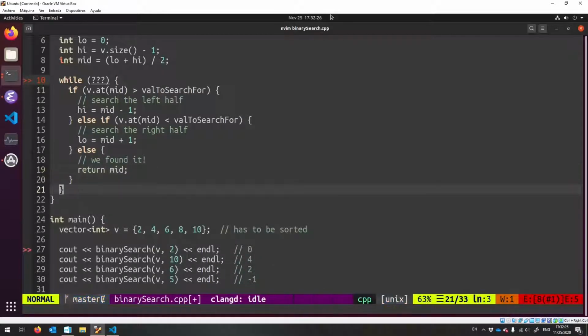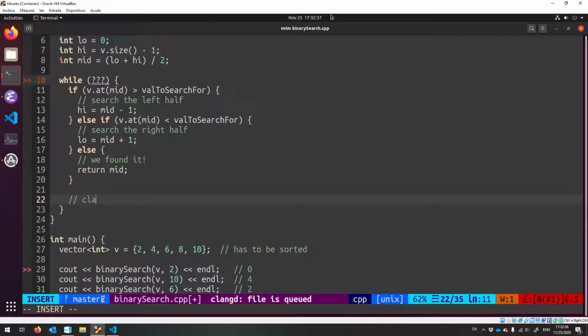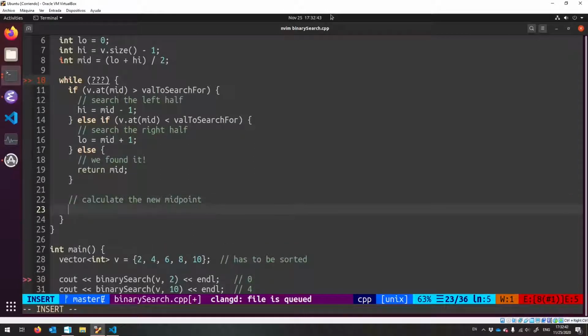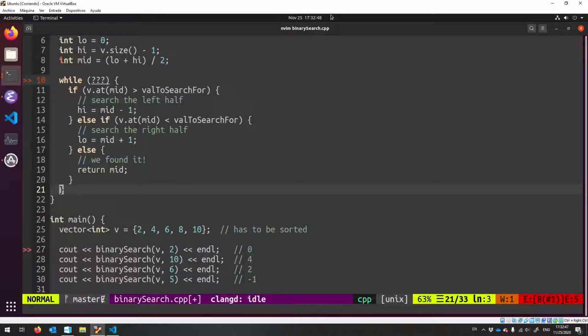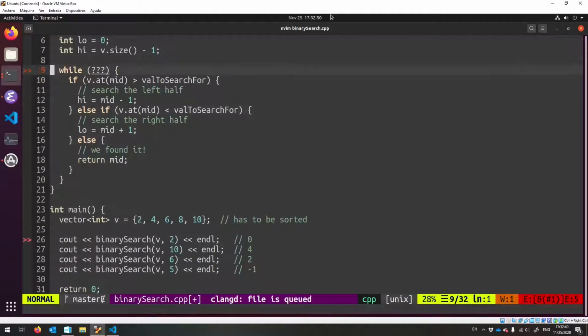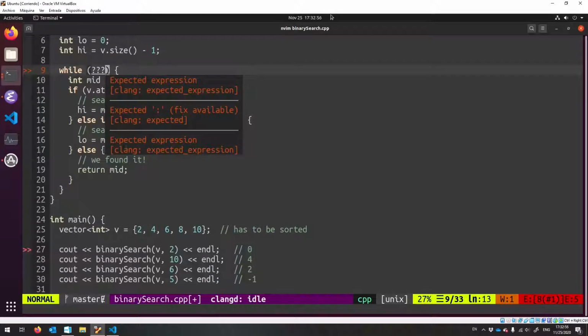And then we're going to keep on doing this over and over again, calculating our new midpoint. Actually, you know what we can do? We can calculate the midpoint at the very beginning. I'll bring this in here. That works. And then the secret condition that you need here is while your search space is still